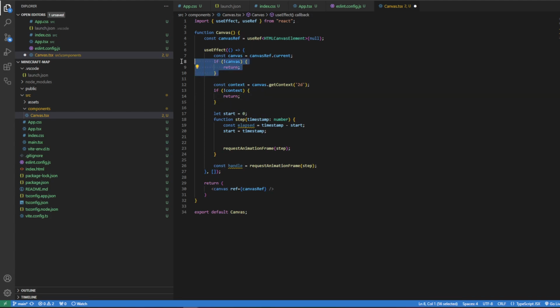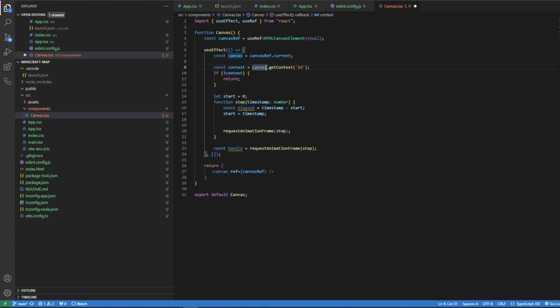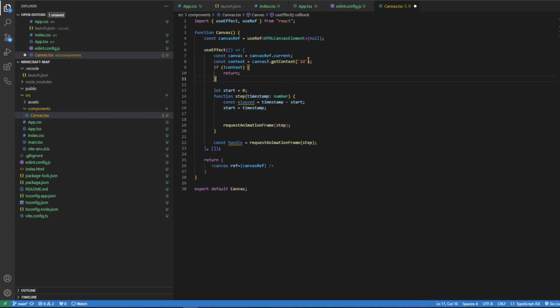You know, we could simplify this. There's a thing called a null conditional operator. What this does is, if canvas is null, then context becomes null or undefined. In this case, it would be undefined. So if canvas cannot use the dot operator because it's null or undefined, then this whole expression just returns undefined, in which case this would be undefined, and it would return. That simplifies it, so we only have one